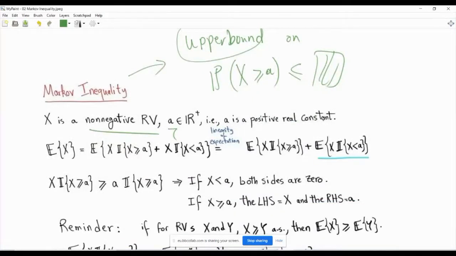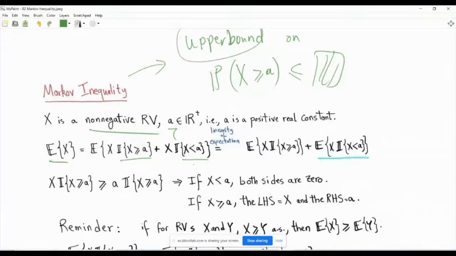Here is the way to go. First order of business is a trick that you have seen in the previous lecture, maybe in yesterday's tutorial session. It's very important. You start with the expected value of X, and you insert two indicators, basically partitioning the possible values of X. The possible values of X are either that X is strictly less than a, or that X is greater than or equal to a.